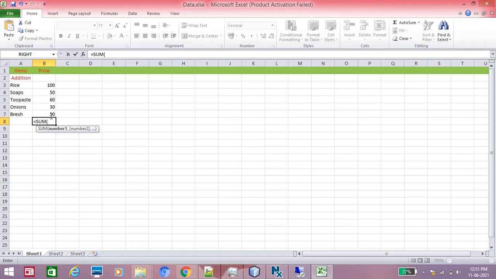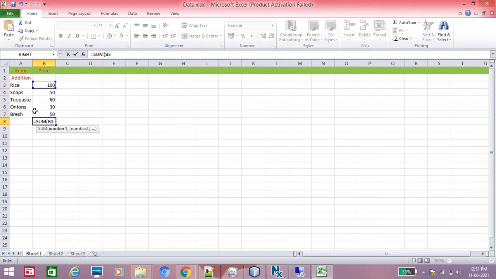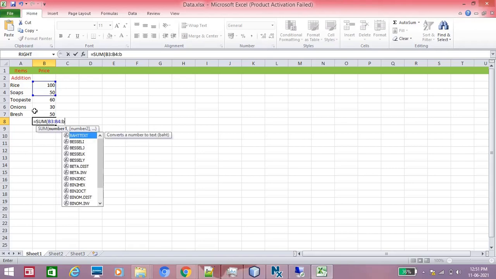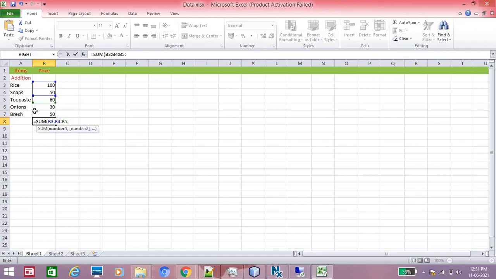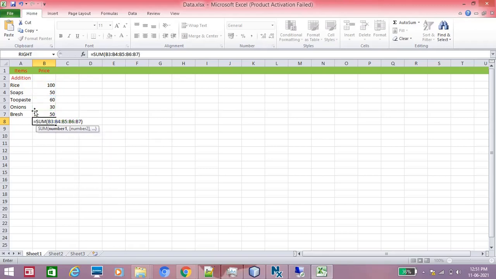Give this column, the field column is B. Now start with B. The first row is 3. B3 colon, B4 colon, B5 colon, next B6 colon, B7, close the bracket, enter.